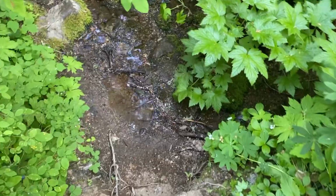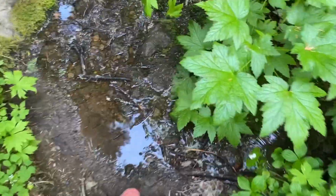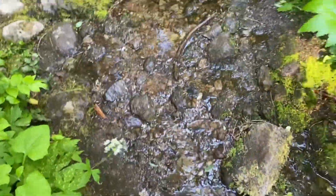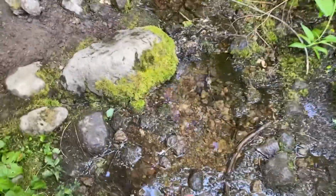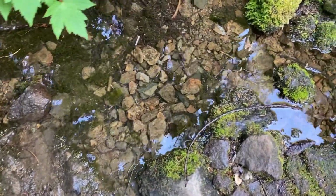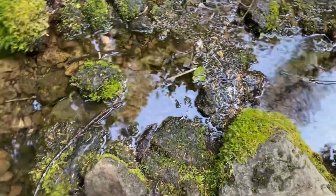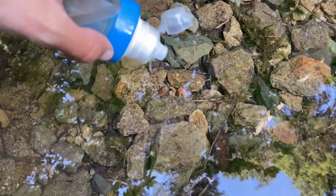Unfortunately there was supposed to be water and I couldn't find it. I ended up passing the tent sites where it was supposed to be, and it turned out you had to go down this trail, and I didn't see a sign. So I walked for a while and then ended up having to backtrack, and thankfully found a Far Out comment that explained you have to go back through the campsites and over some blowdowns, but unfortunately it's not really what you would call flowing. I guess that's moving a little bit. I have to collect from this stagnant pool,